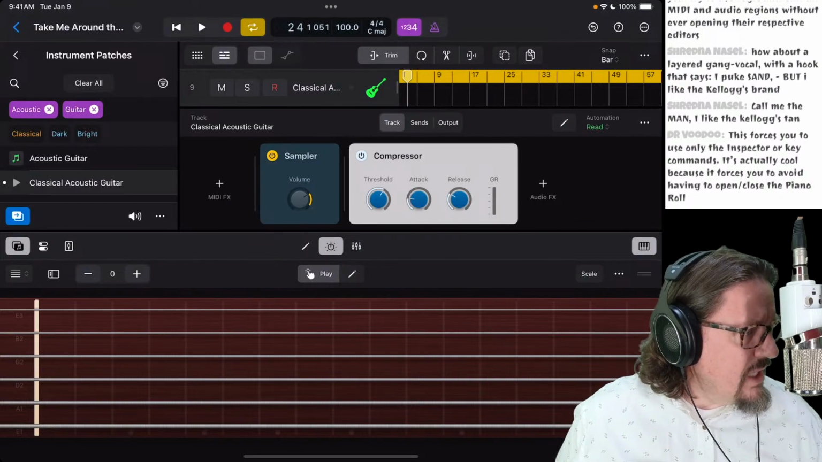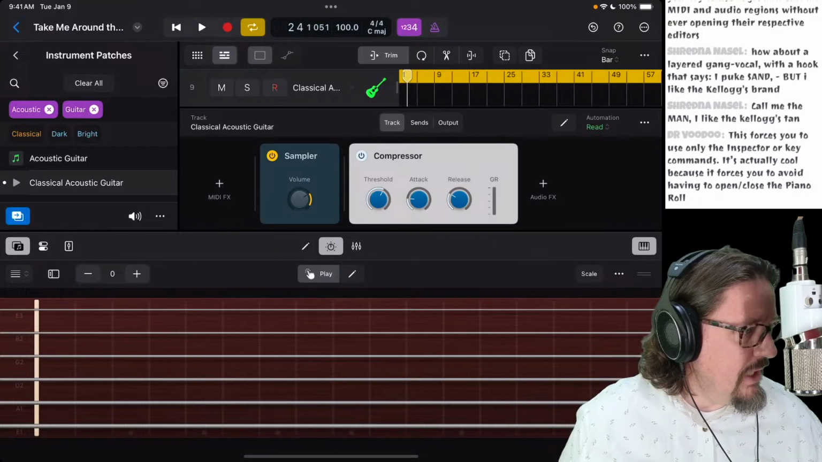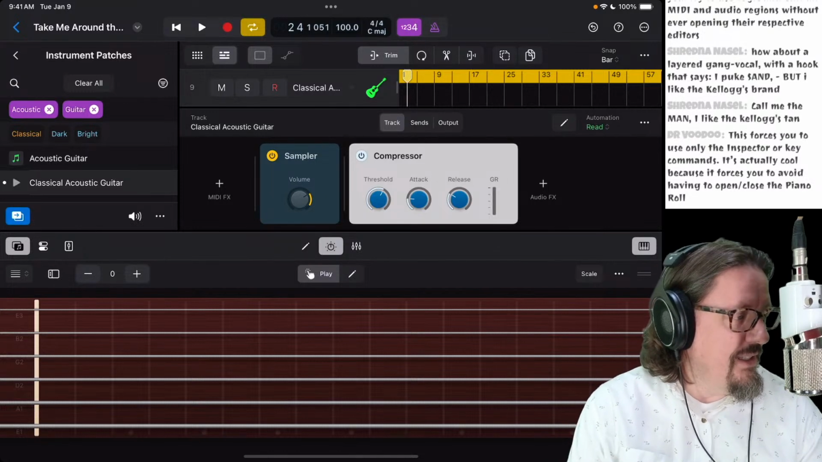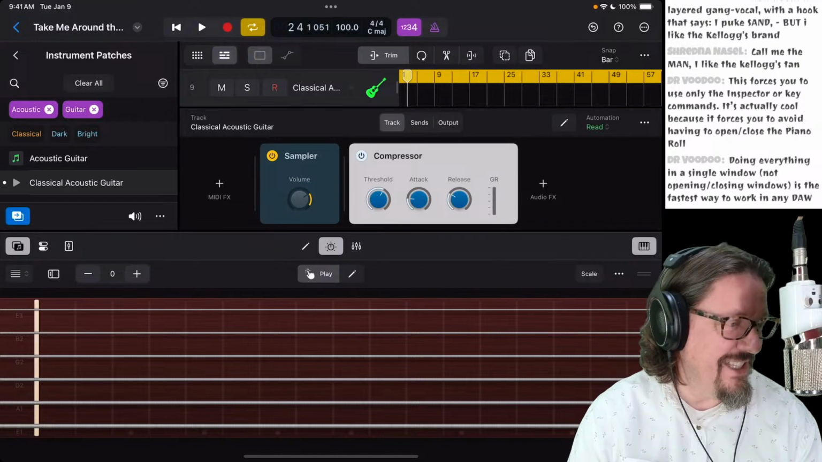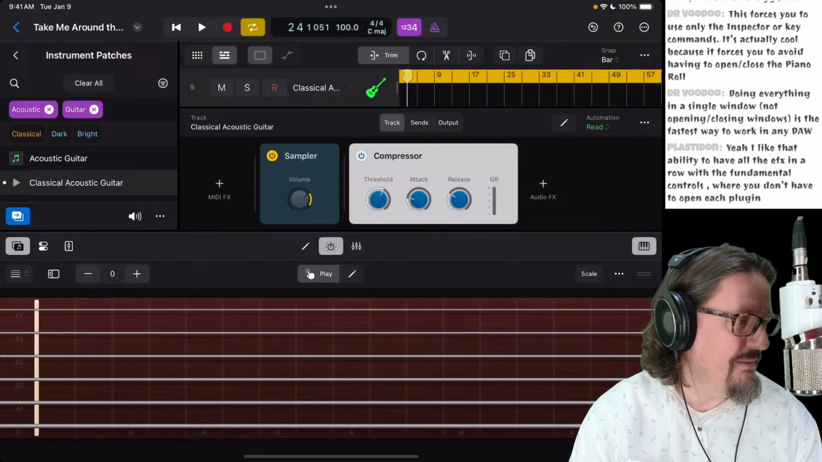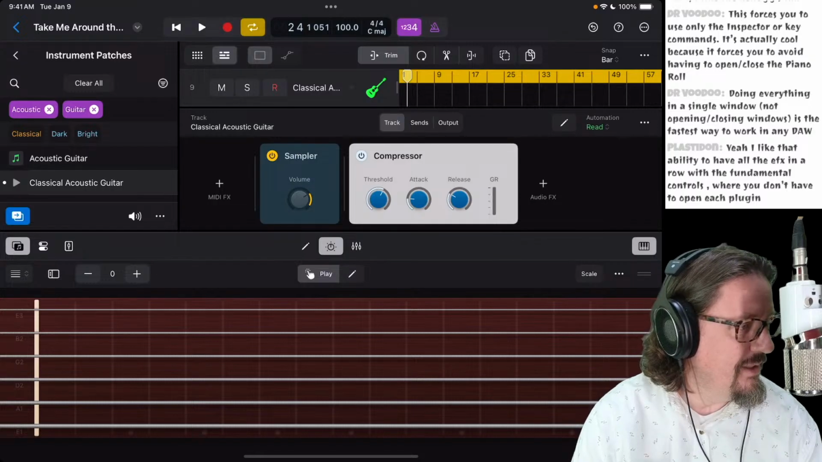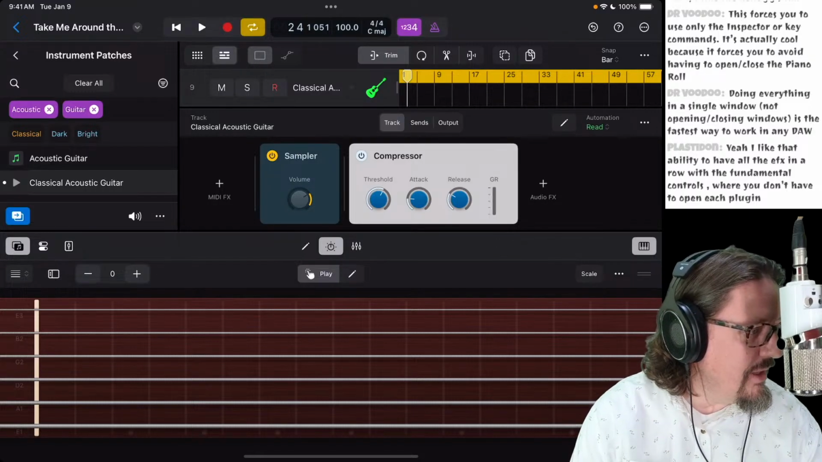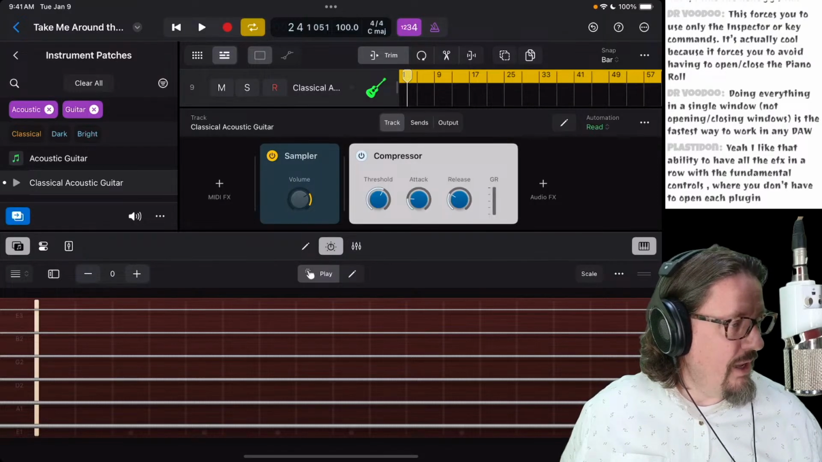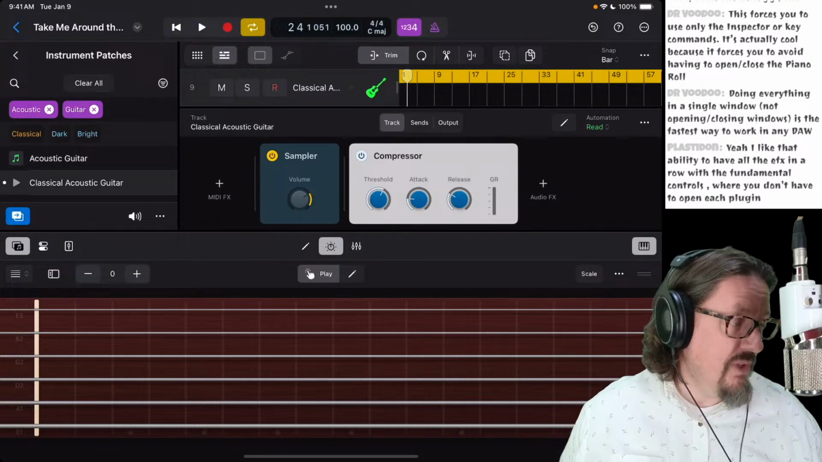Dr. Voodoo says, I have an idea for you. Try to use Logic and edit all MIDI and audio regions without ever opening their respective editors. Oh, I don't like that idea. But it's an idea. It could. I mean, yeah. Another thing, a couple of things from Dr. Voodoo. Forces you to use only the inspector or key commands is actually cool because it forces you to avoid having to open and close the piano roll. Yeah, and